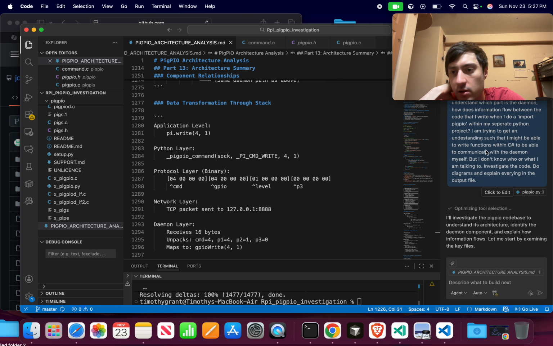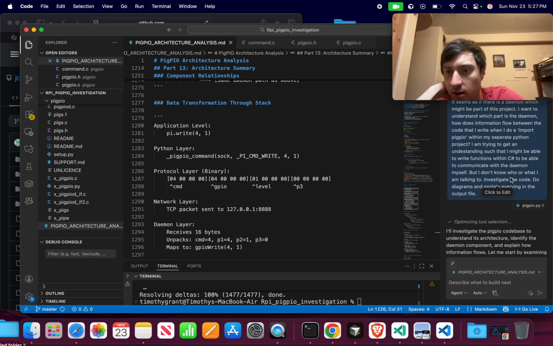Here, like, but I don't know. Investigate the code, do diagrams explaining everything. I remember I was talking about how data flows. And I think it's probably trying to get this here, but this is actually helpful, because obviously you can understand it, but then when you go to actually develop things, you're gonna run into like, okay,